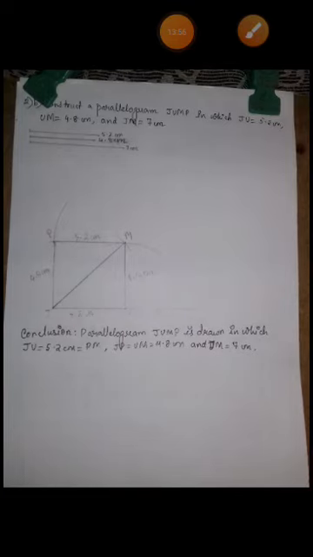So children, before listening to the video, you are going to keep your geometry box ready. That means you must have the scale, compass, pencil, etc. And one thing to mention, you are going to do all the constructions using the pencil only. You are not going to use the pen. Only for writing the conclusion part you are going to use the pen. So listen to the video, try to follow each and every step which I have shown, and draw the following quadrilaterals.